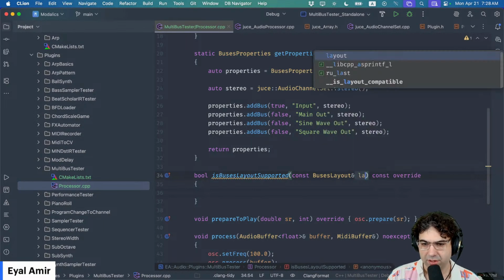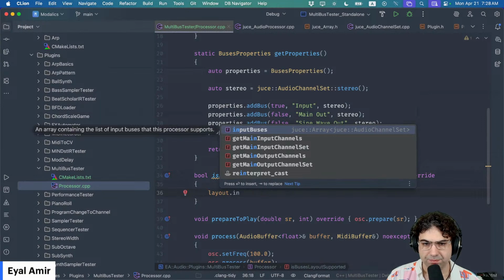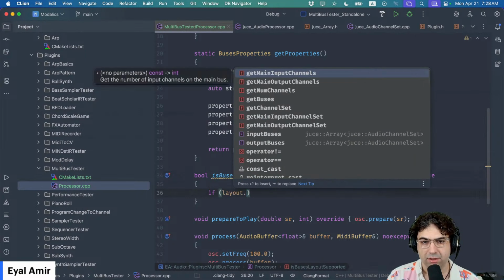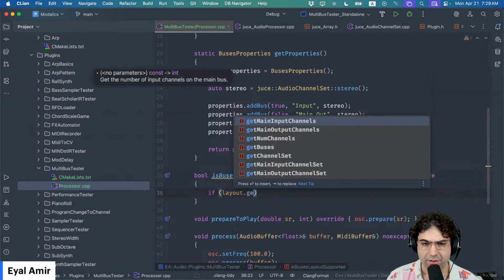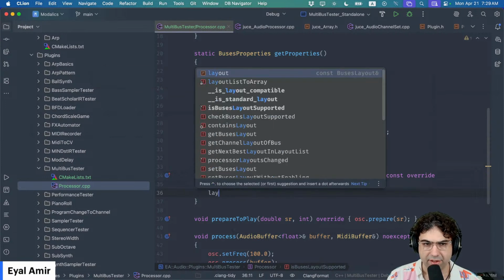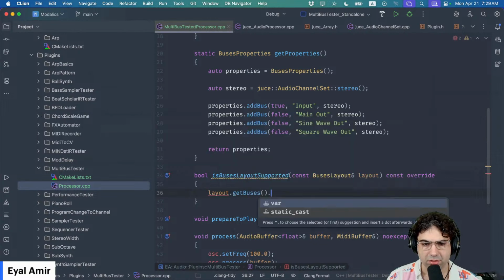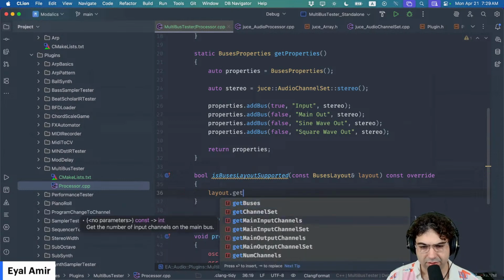So what I'm going to do is layout. Yeah, so let's do if layout get, yeah, so let's do something like that. Layout get channel, what's this called? Get